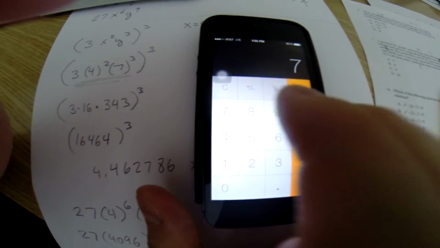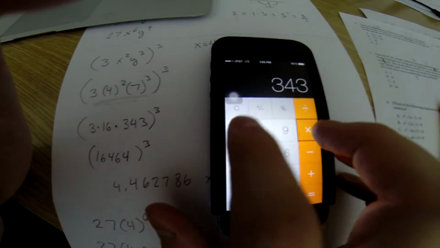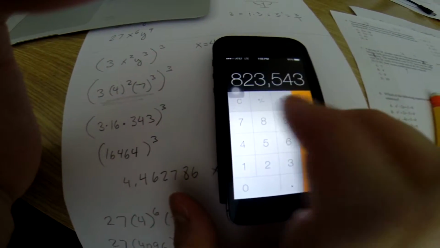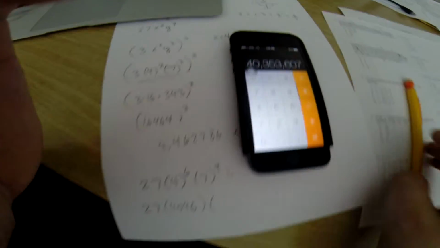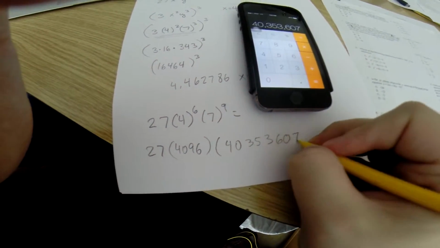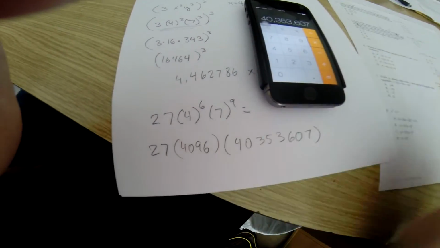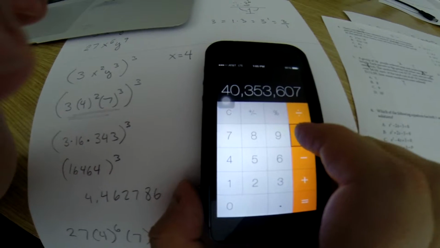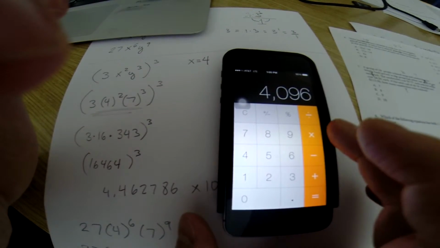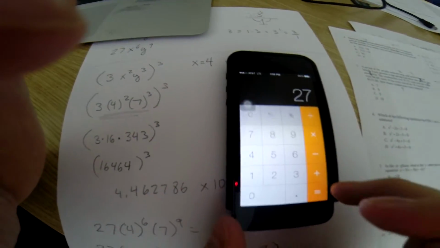All right, here we go. 7 times 7, that's 2, 3, 4, 5, 6, 7, 8, 9. It's going to give me 40353607. So I take this and multiply. If I do it right, I'm going to get this huge number. Let's see what happens. Times 4096 times 27. Okay, so again, all I do is type in this value here, and I got this,